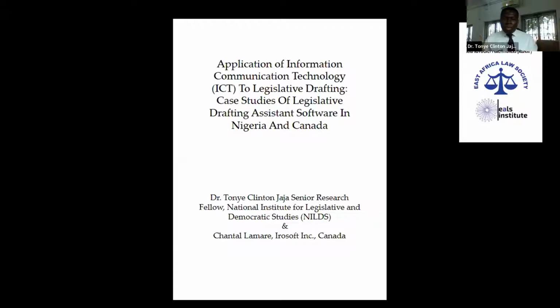Over 10 years ago, we worked together and developed a simple to use manual. Chantel is a lawyer who works with Aerosoft, an information technology company. They develop software for drafting, but we did a more simplified manual. This is the manual that we use for the legislative drafting software. When we get your email, we'll share this manual with you.